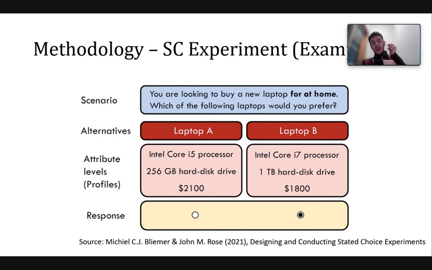Yeah, that's a great comment. So this is an example, and was reported to be an example, of a dominant alternative in the choice task. Clearly, as you pointed out, laptop B is the preferred option, because it's better in terms of processor, memory, and cost. So typically you won't avoid this comparison, and typically respondents will face at least 4 different choice tasks where these levels will change. So there will always be a trade-off that people will have to make.